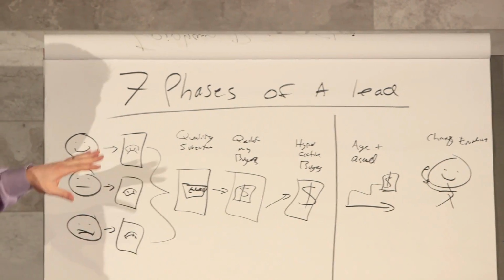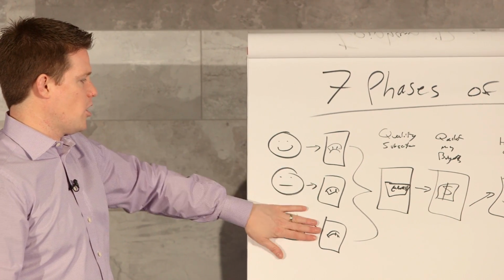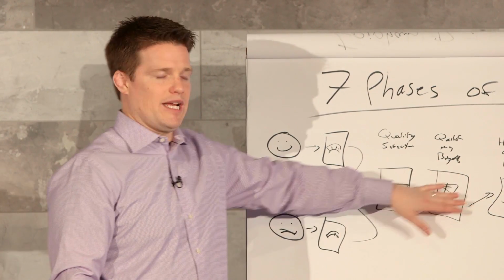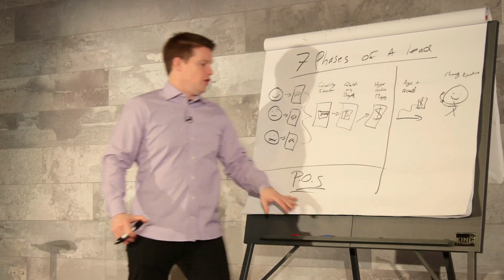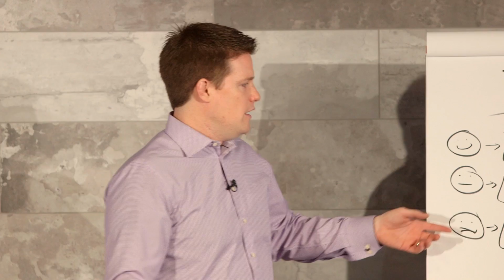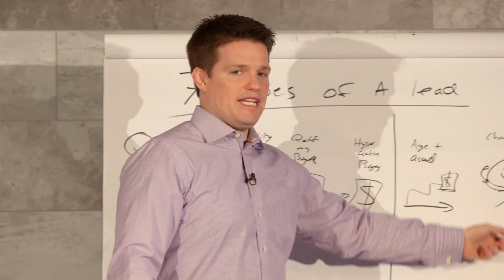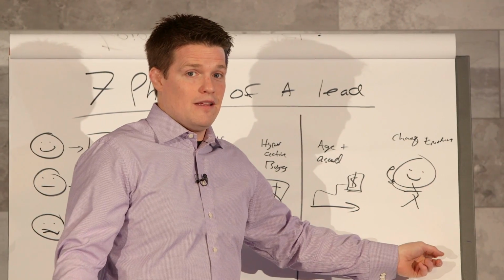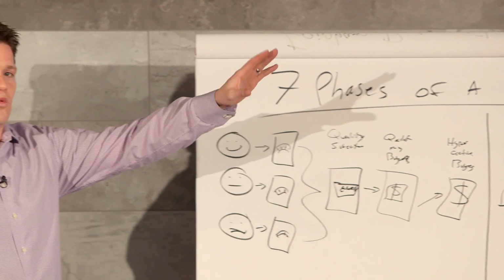Because some of you guys, you may buy ads over here. Maybe with your warm audience you make money really, really quick, but with your cold audience, it may take you 14 days to break even, or 30 days to break even down here. So if you don't have all these other things in place, you're gonna buy a bunch of ads and be like, this stuff is a scam, Russell, it doesn't work. I'm like, well, it worked. You got emails and you got opt-ins. You didn't make money here, and you didn't make money here, but by day 45, you actually started making money, okay? So everything works as long as your funnel works, as long as this process works.